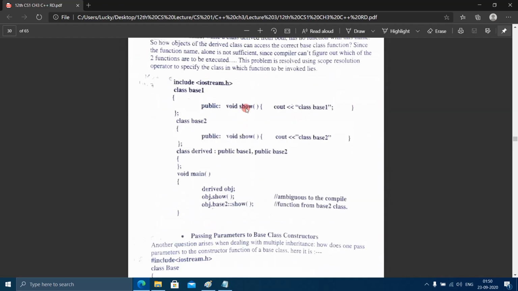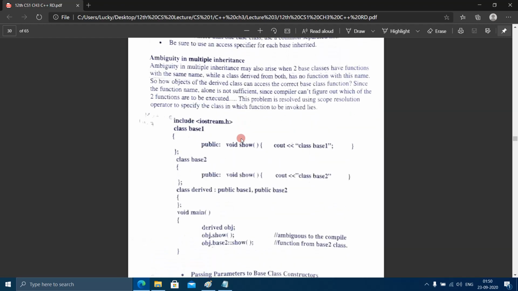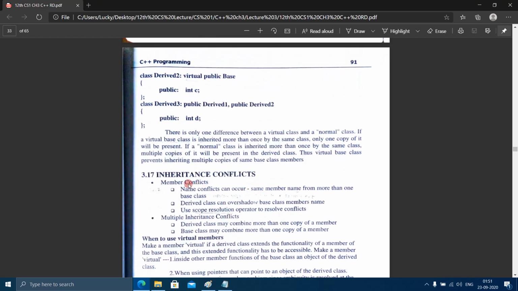So we learned that to avoid this conflict, we use the scope resolution operator. Under the topic of ambiguity in multiple inheritance, we learned that name conflicts can occur, with the same member name from more than one base class. A derived class can overshadow a base class member's name.